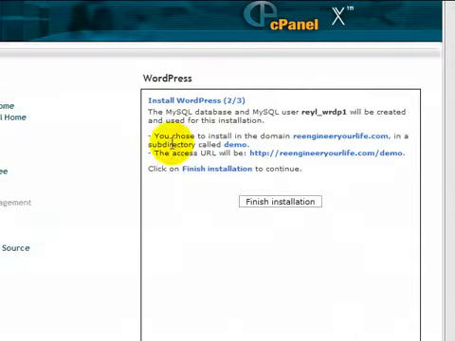Okay, so it says here this is the database that is created and the domain installation, the directory, and also how you are going to access your WordPress website. This will be the address. Okay, so now finish installation.